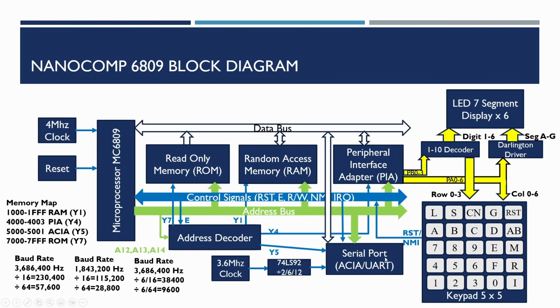Then as far as connecting the serial port to the PC, in days gone by, we'd have used an RS-232 interface. Now, RS-232 uses plus or minus 12 volts, which is quite awkward to get. And there are specific chips you can get that generate the signals for this, but it's a bit of a waste of time given that we just want to plug this into a USB port. So what I'm going to do here is use a standard USB to TTL adapter. This sort of device is used for programming Arduinos and the like.